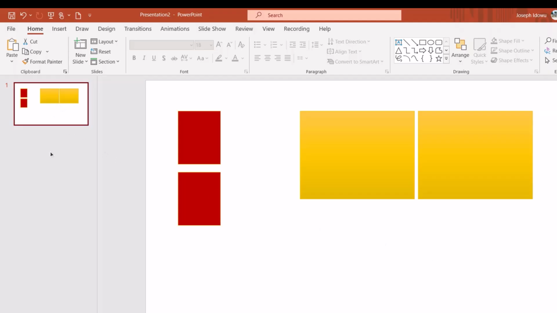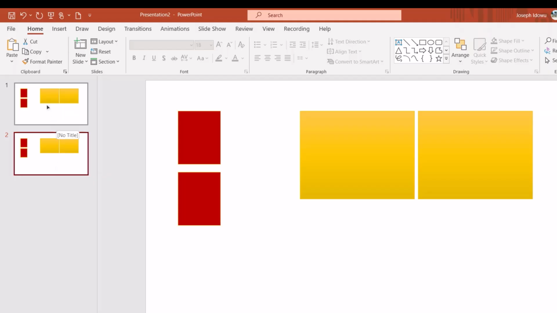Okay, so to duplicate a slide, this is all you need to do. Left click on the slide to select it. Make sure you left click on it to select it. If the slide is selected, you see like a border around it like this. So left click on it to select it and press Ctrl D to duplicate. You can see that. Another way to duplicate, right click